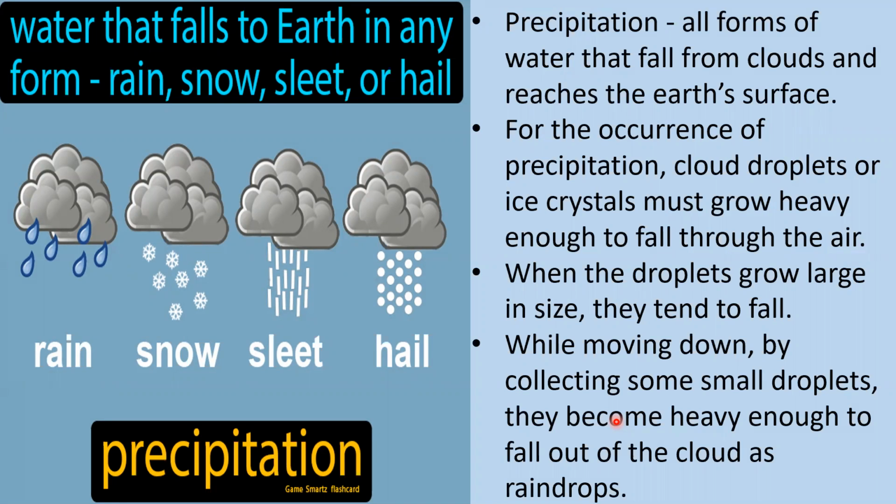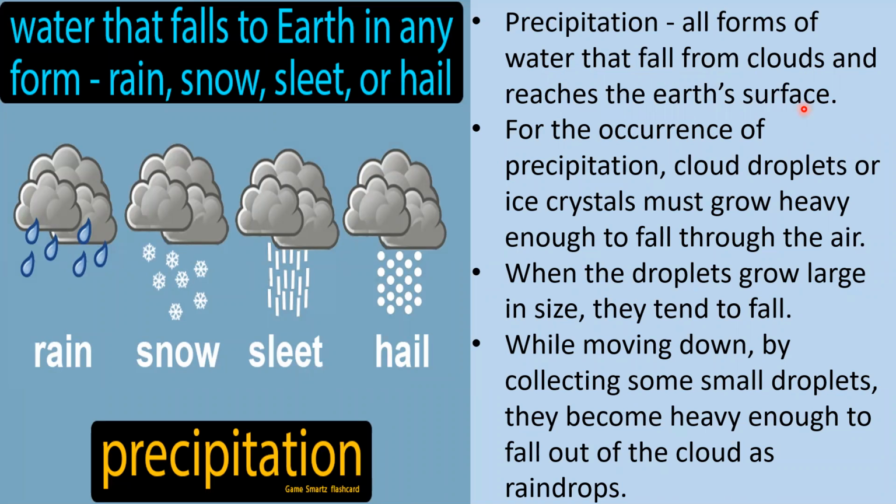In today's class, let us learn about precipitation and different forms of precipitation. What is precipitation? Water that falls to earth in any form, rain, snow, sleet or hail, is called precipitation. In other words, we can say precipitation is nothing but all forms of water that fall from clouds and reach